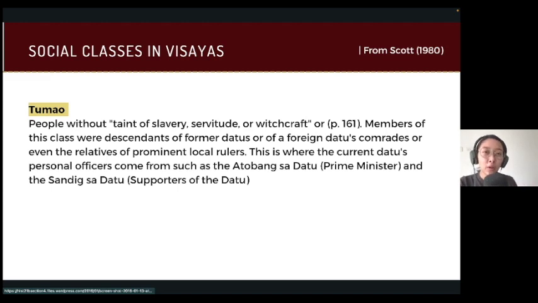And so they were formerly nobles. And because you want to keep them loyal to you, what you do is you make them part of your leadership structure. You give them special roles. Not everyone, di ba? Pero yung mga formerly prominent people get special roles in your chiefdom just to make sure we don't rise up against you, right? And those are the tumao. Besides them, these are also people who are no longer enslaved.